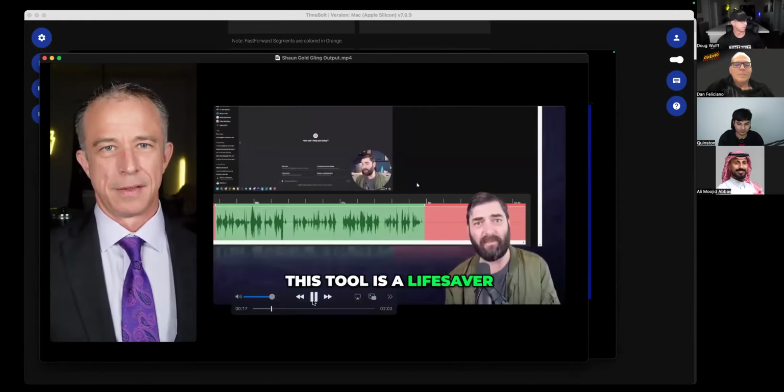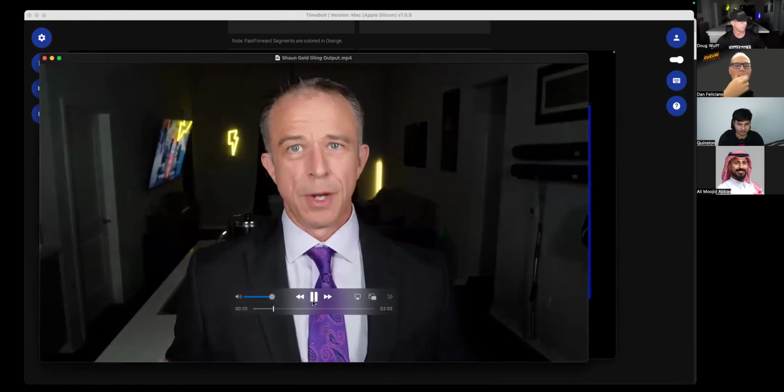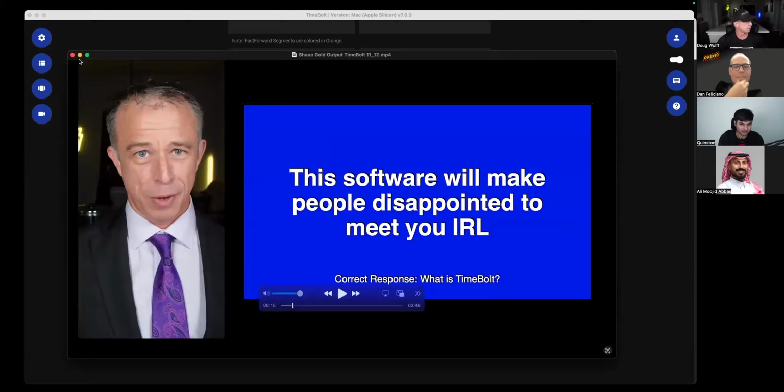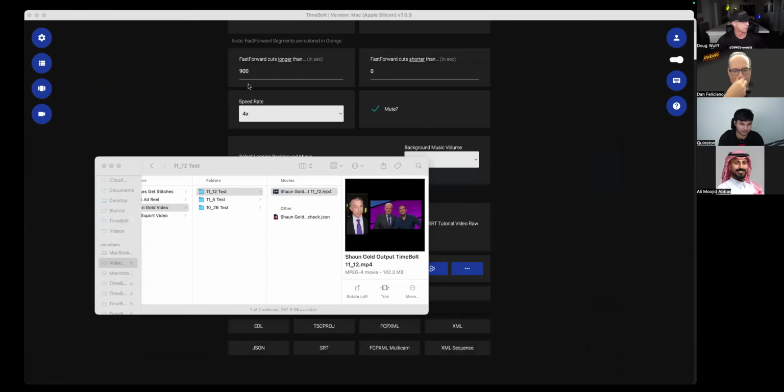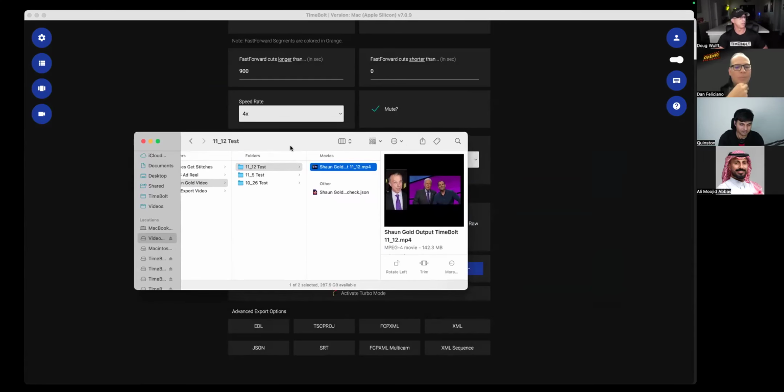This tool is a lifesaver. When you record a video, people lean in. Your words. That's the new remove bad takes feature, and why it would be not smart to do it any